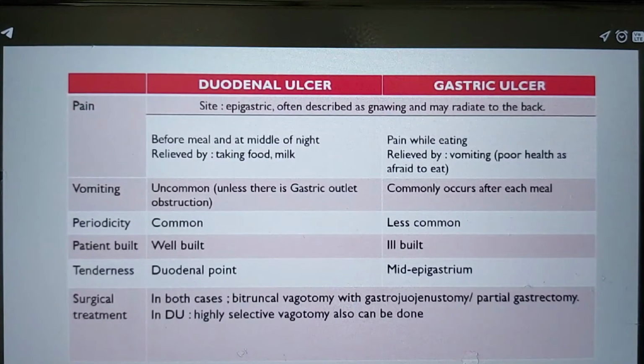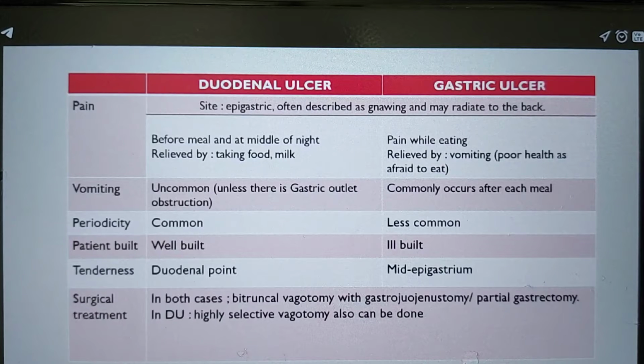For duodenal ulcer and gastric ulcer, usually the patient will present with pain at the epigastric site, often described as gnawing and radiating to the back. But in duodenal ulcer, usually the patient has pain before meals and in the middle of the night, relieved by eating or